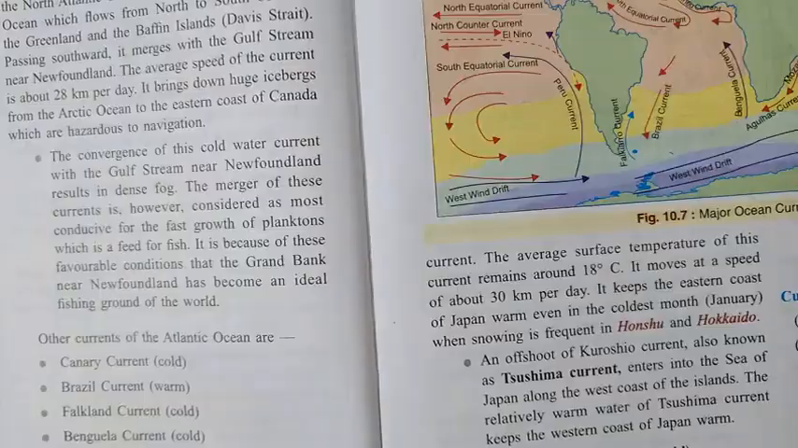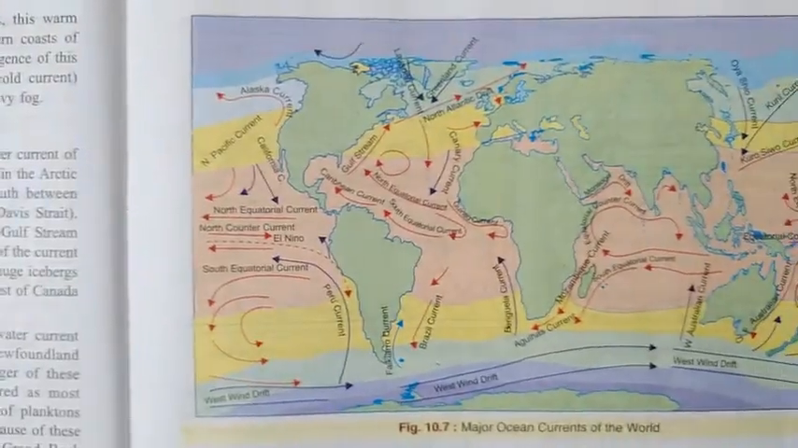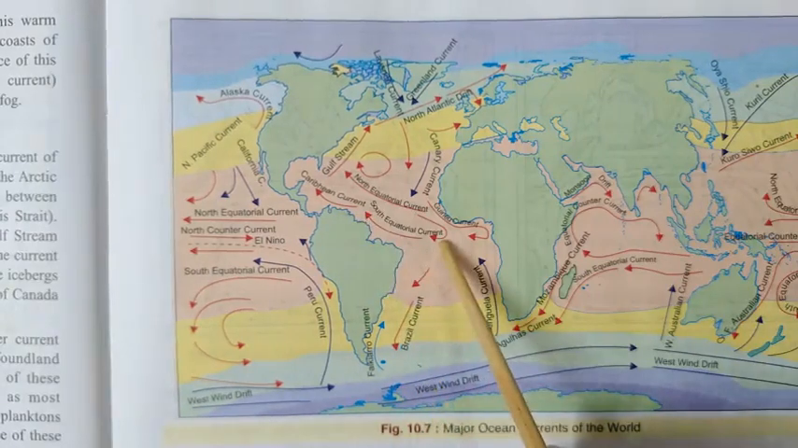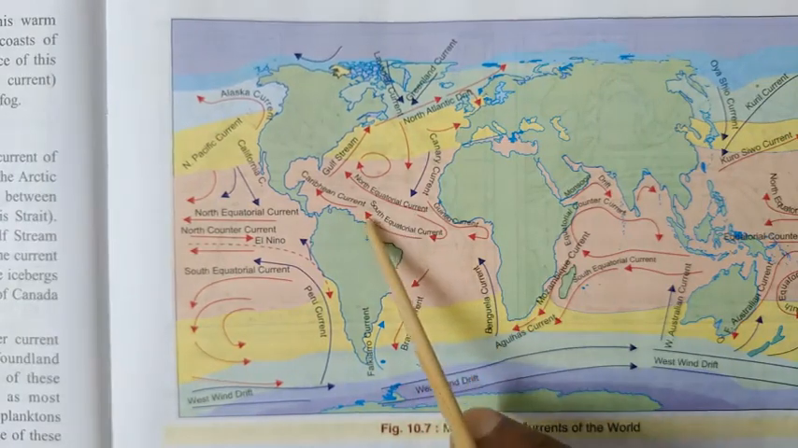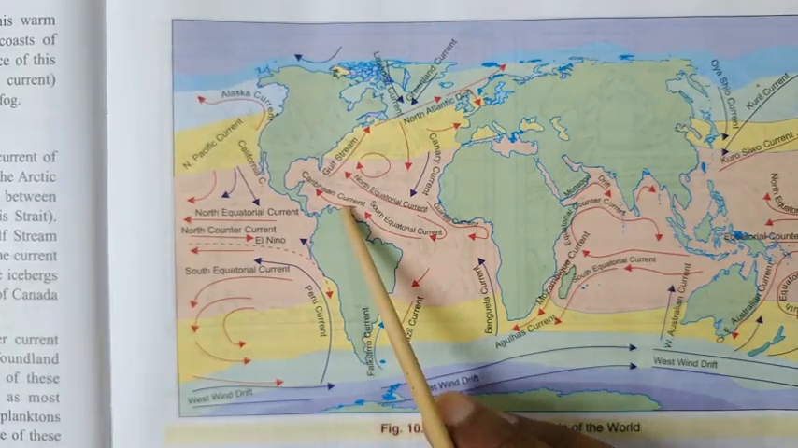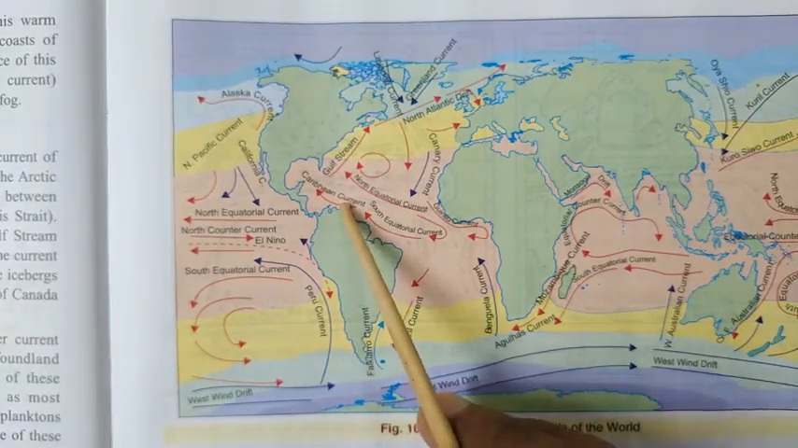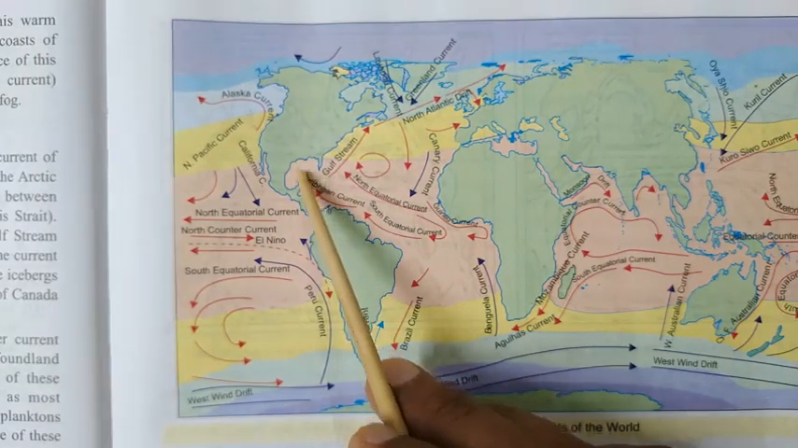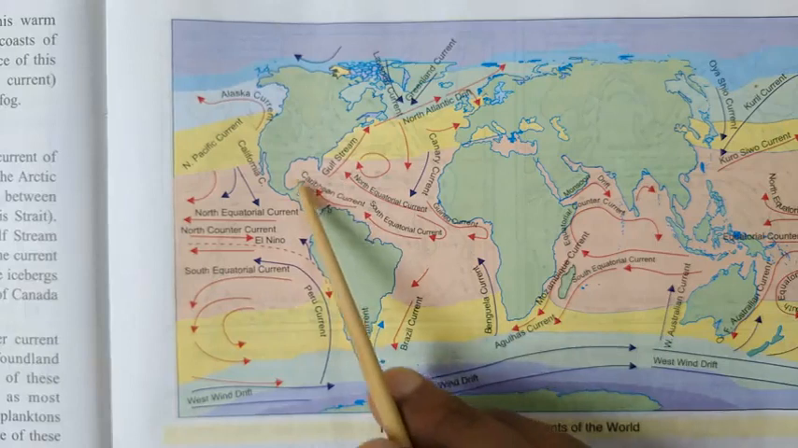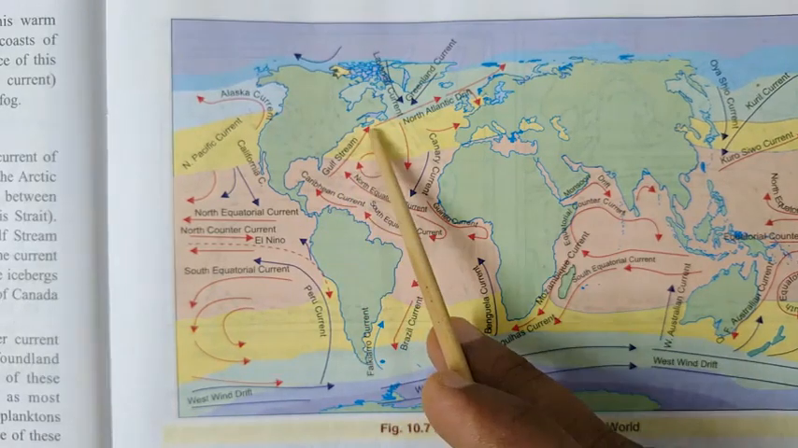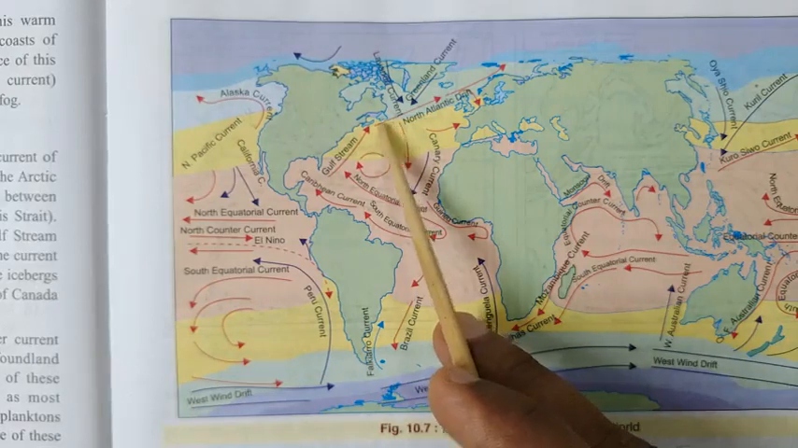I will explain with the map. Here you will find the South Equatorial Current, and as it comes close to the Caribbean Sea, it becomes the Caribbean Current. Now these Caribbean currents enter the Gulf of Mexico, and here it is known as the Gulf Stream. So this Gulf Stream, as you can see, just moves upward, and when it comes near Newfoundland Island,